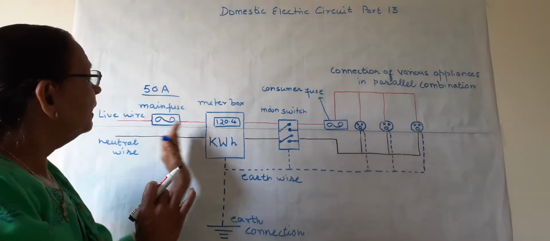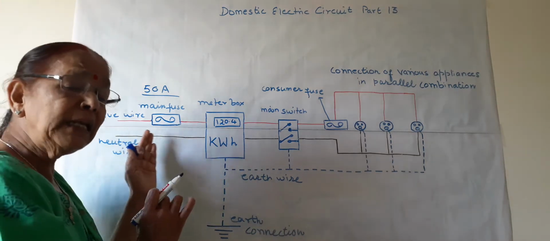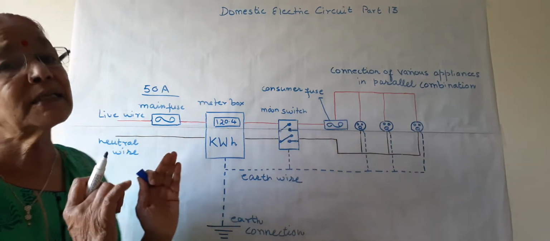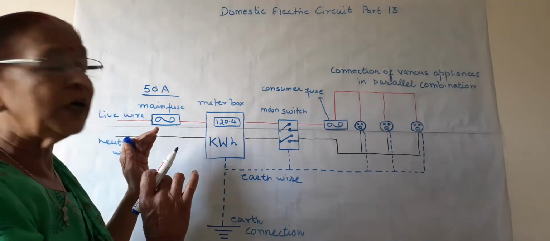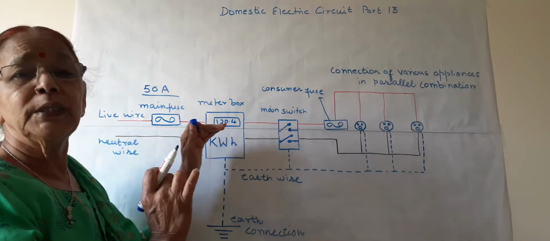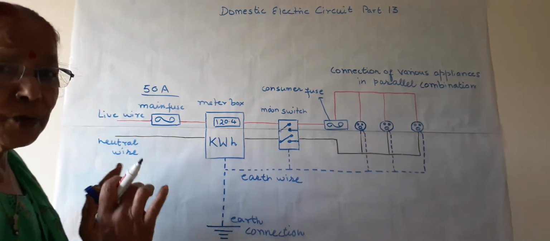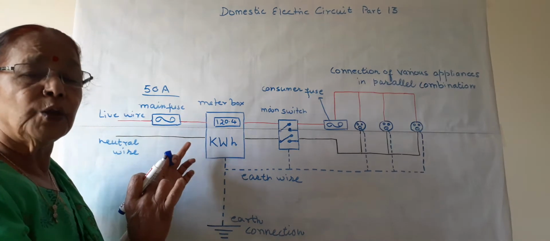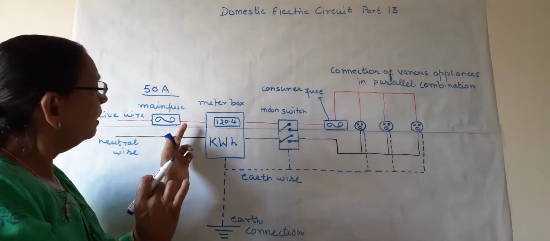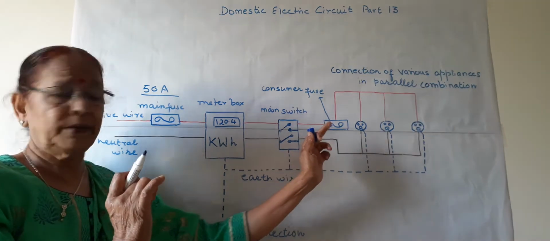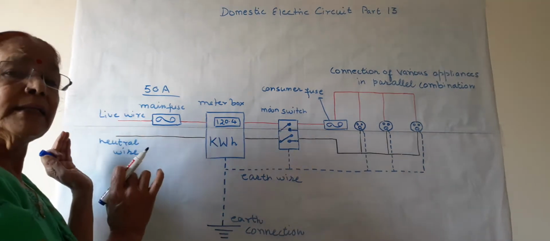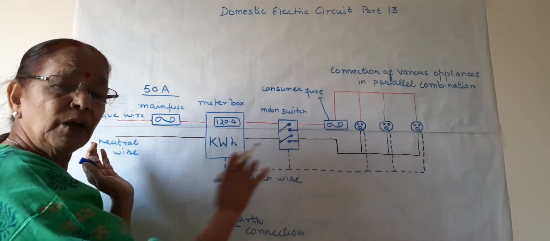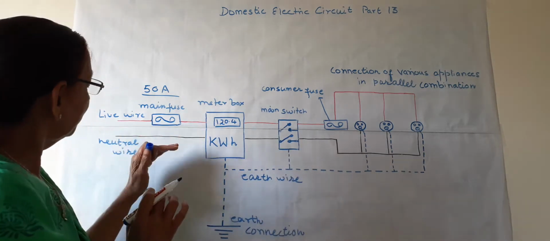And this fuse is connected to the live wire in series. All the fuses on the live wire are connected in series. So the current passing in the live wire must pass through these fuses. You all know what a fuse is; we have discussed it in the previous lecture. Now this black neutral wire: the live wire carries current forward, and this neutral wire carries current backward, so that a complete circuit can be formed. So from this live wire and neutral,